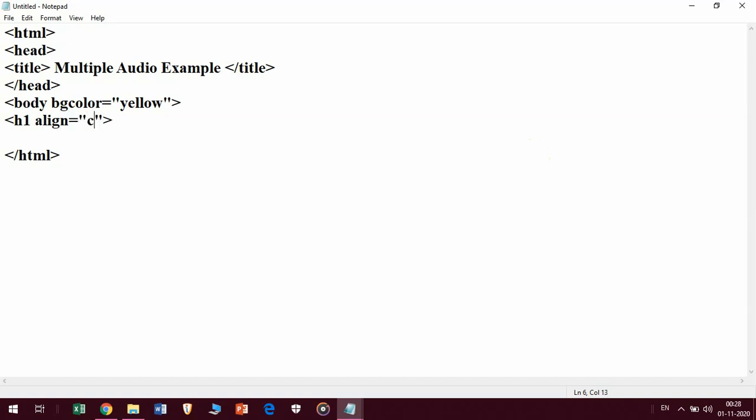If you skip the alignment attribute, the program will still work. I am giving the heading multiple audio files with controls, and after this I'll close my h1 tag.